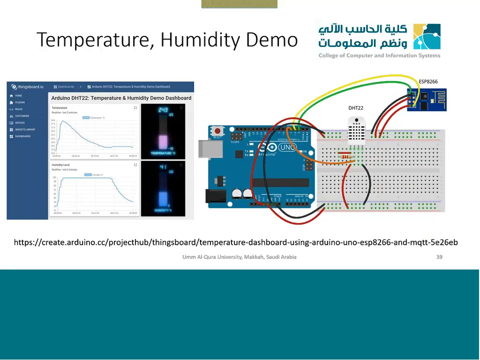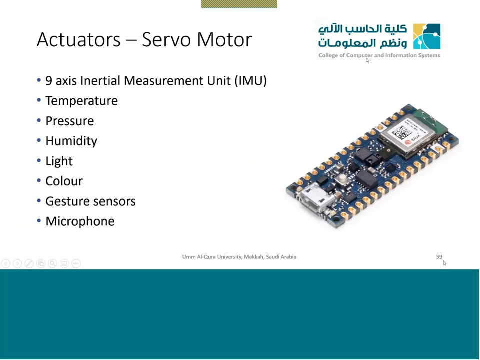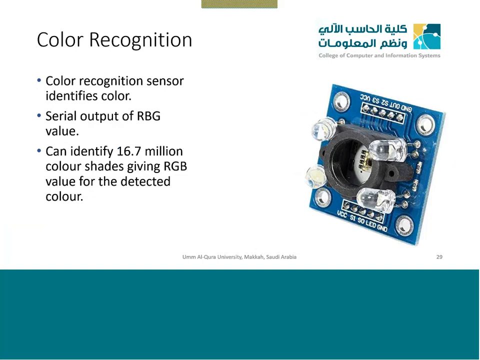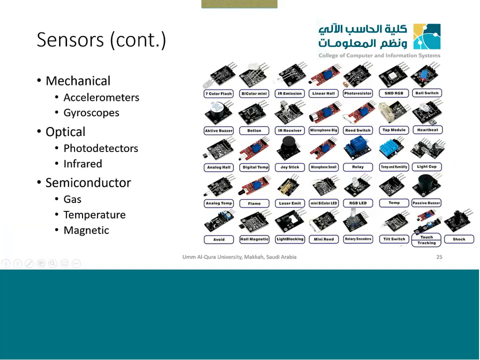Then a small demo. Hussam told you about some of the sensors. This is a simple case study of a sensor or an IoT node. You can see the white color, the DHT22. This is a humidity sensor. You saw it over here as well in the list of the sensors which we had. This is the temperature and humidity sensor.